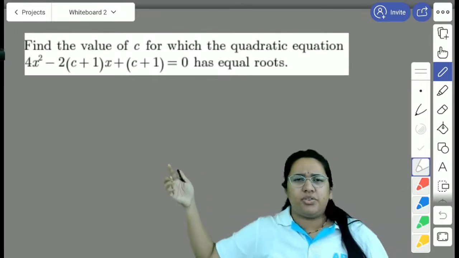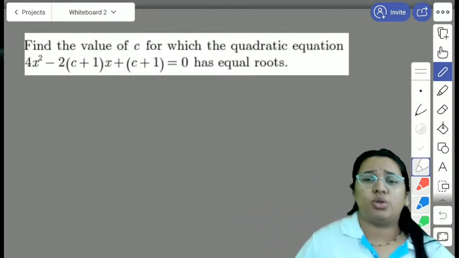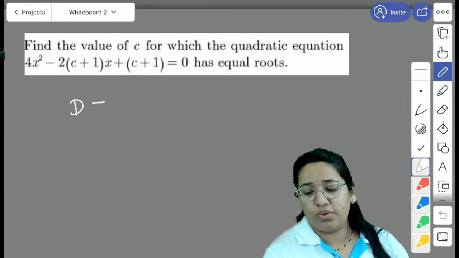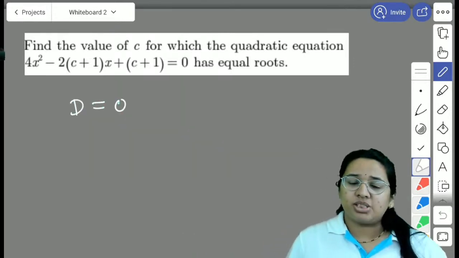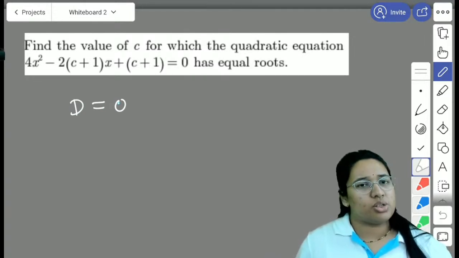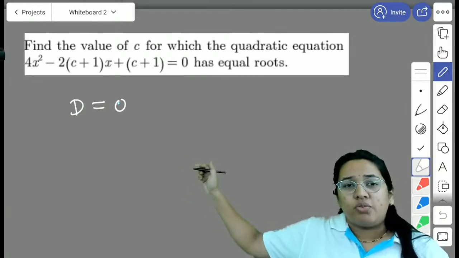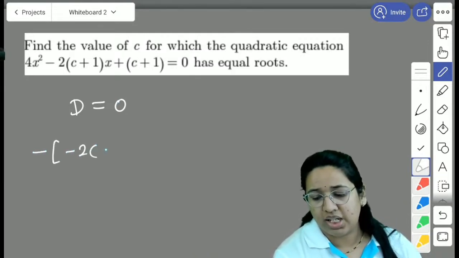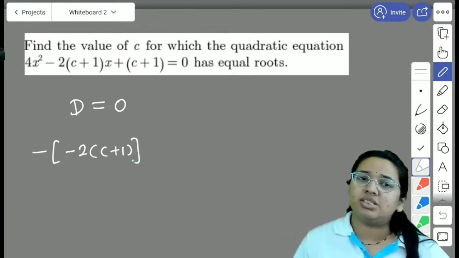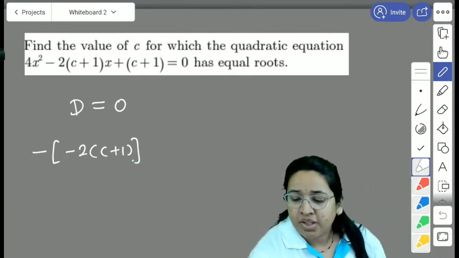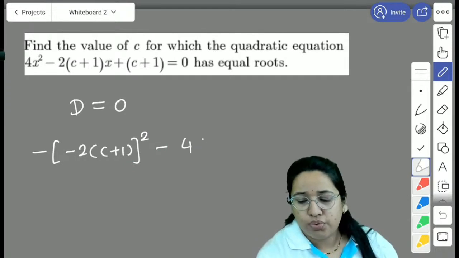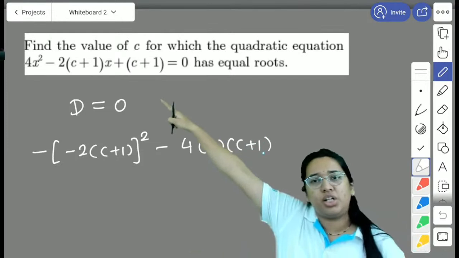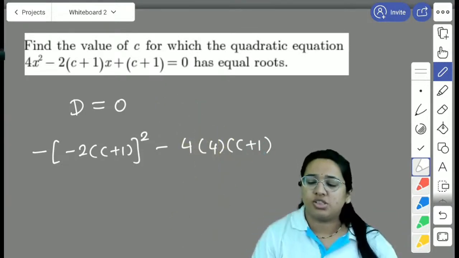So we have to find the value of c for which it will have equal roots. We know that if they are talking about equal roots, it means that the discriminant equals 0. That is b square minus 4ac equals 0. Right? So, what will be the value of b here? Minus of minus 2 times (c plus 1), because b is nothing but the coefficient of x. b square minus 4 times ac, that is 4 times the coefficient of x square into the constant term,